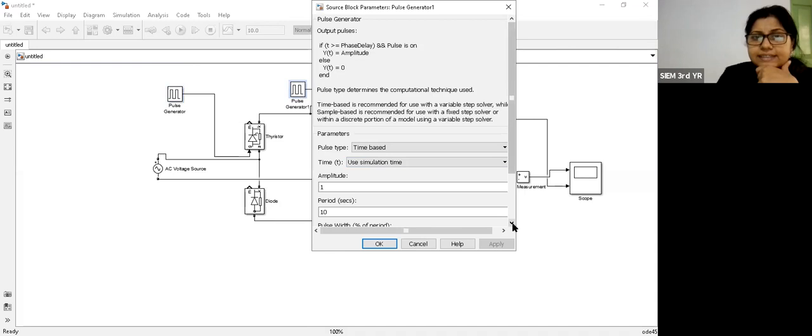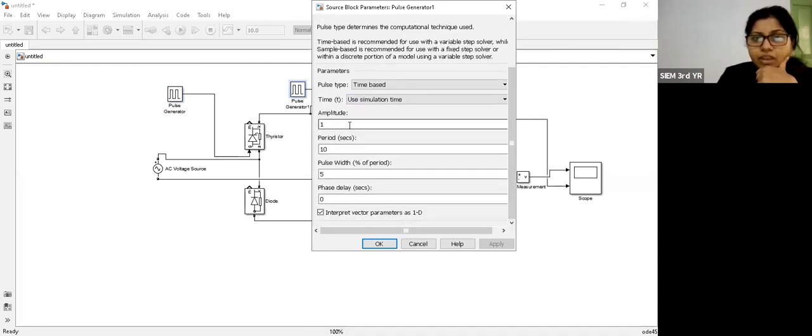So for the second gate pulse, the time period here is also 10 millisecond, 10 e to the power minus 3. And if the firing angle for the first thyristor is 30 degree, then the firing angle for the next thyristor should be 30 plus 180, that means 210. The time period for the first thyristor is 1.6 into 10 to the power minus 3, so for the next thyristor it should be 10 millisecond plus 1.6 into 10 to the power minus 3, that is 11.6 e to the power minus 3.